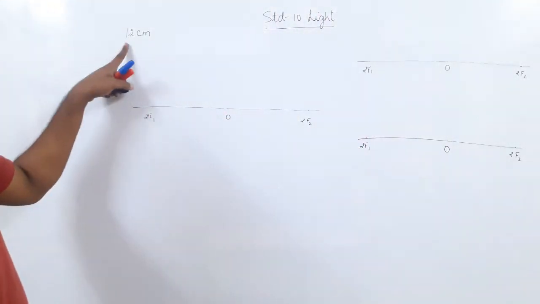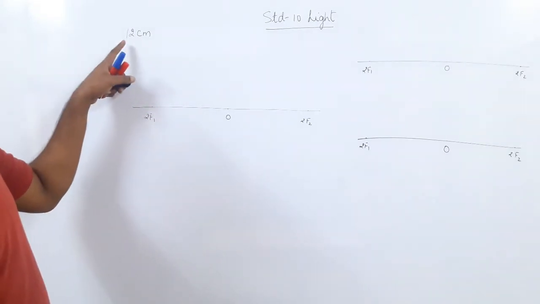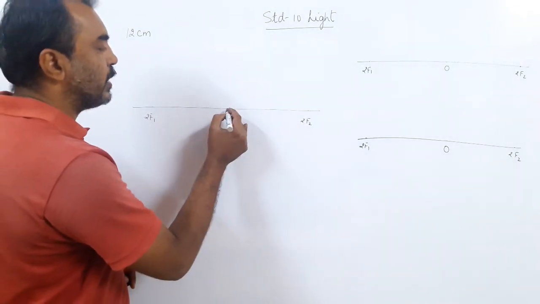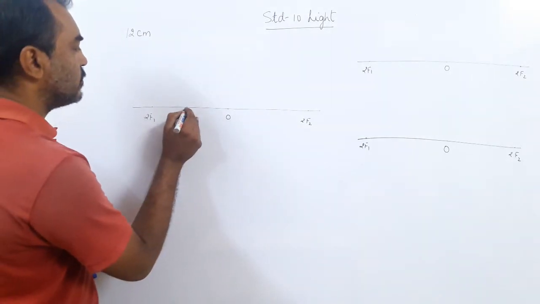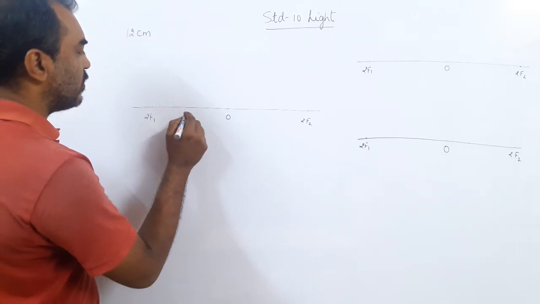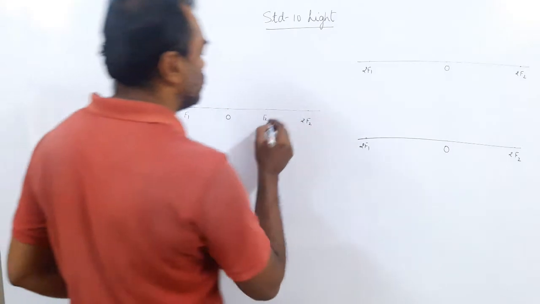Right? So I have taken 12 centimeters, so it is at 6. If you take 14, it will be at 7. If you take say 16, it will be at 8. So the midpoint of 2f1 and 2f2, you have to take O, the optical center. Now the half of this, so it is 12, 6, so half of this is 3. At 3 centimeter, write f1, and here at 9 centimeter, write f2.